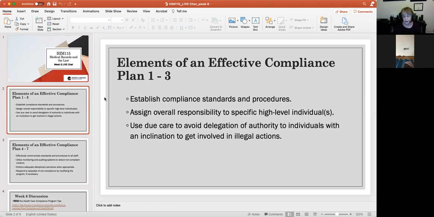Whatever it might be. And if you don't have the authority to get rid of these people who are inclined to do illegal things, and I'm not saying anything out of school here, because we have prisons and jails that are stocked full of people who don't have any problem doing illegal things. Okay. So if that's the case, then you need to extract yourself from that environment as soon as possible, or go report them to somebody who cares about doing things properly and legally. Okay. This is really, really important,